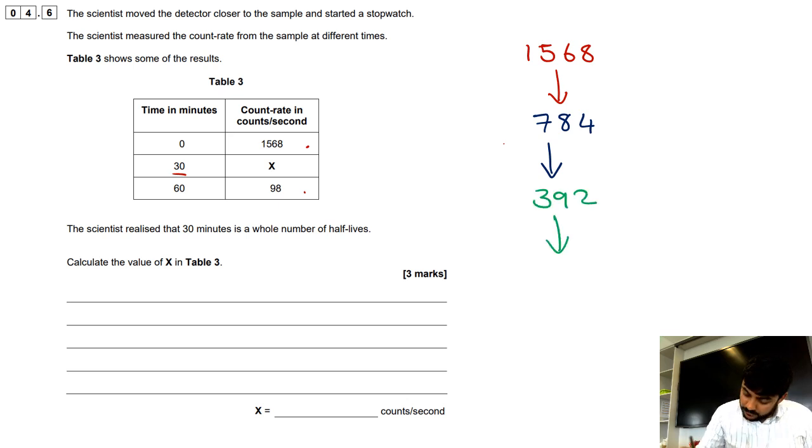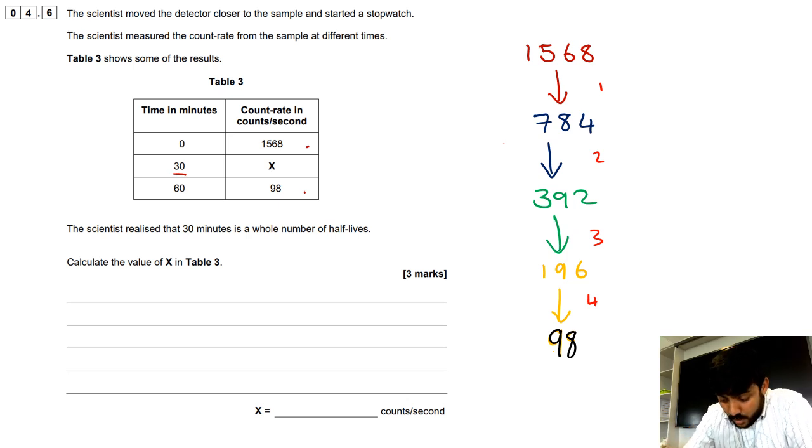And then another half-life later, it becomes 196. And another half-life later, it becomes 98. Okay, so that many half-lives pass. 1, 2, 3, 4 half-lives later. So 4 half-lives later, it's 98,